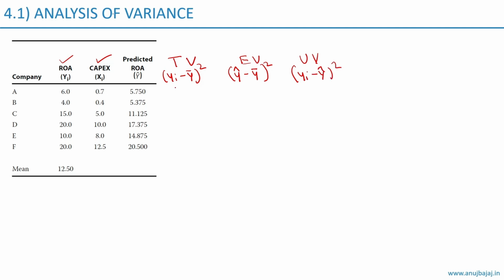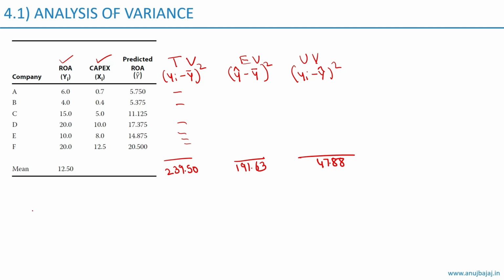So let us calculate it for all the 6 companies, and we get the total variation, explained variation and the unexplained variation. So the total variation is 239.50. The explained variation is 191.63 and the unexplained variation is